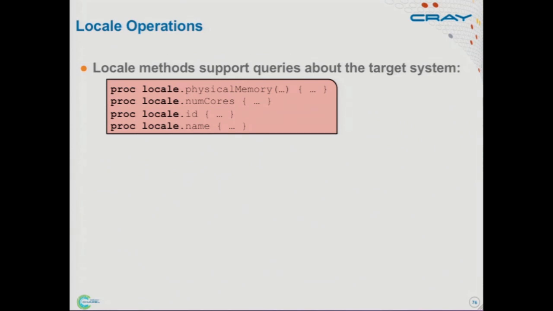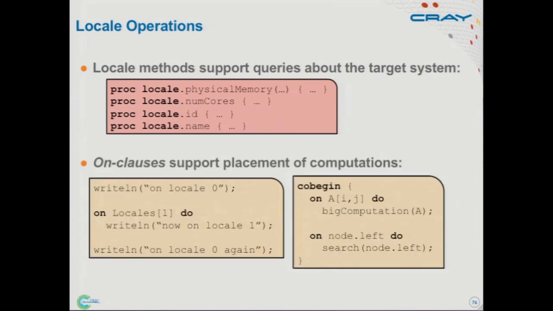You could obviously do this through system calls or whatever, but it's really nice to be able to do this in a language way. In fact, we have some cute idioms where you add up all the memory across all the locales in a nice one-line reduction over this physical memory query. So this allows you to reason about the machine. The other thing we do, and really the main thing we do, is that locales are how we talk about running this here, or running that there, or allocating this here.